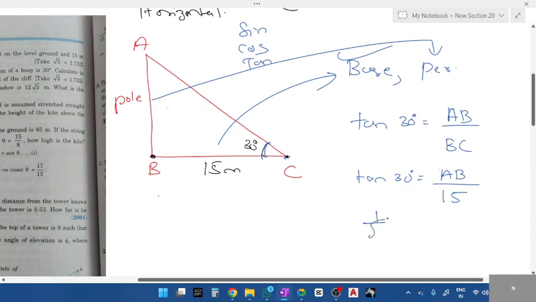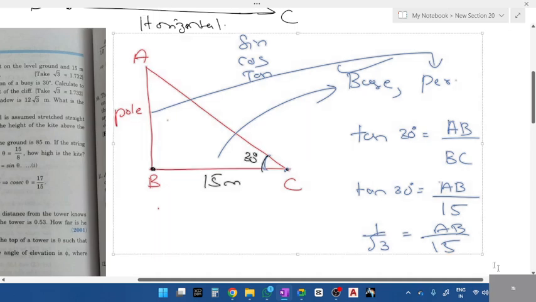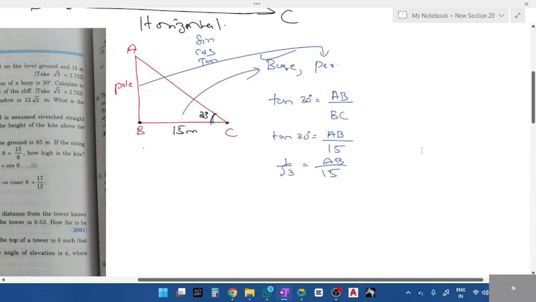Okay, how did ma'am do? Did she directly first write tan 30, students? What is tan 30? It is equals to AB into 15. Then how do you multiply this? Yeah, cross multiply. What's the value of AB? 15 into